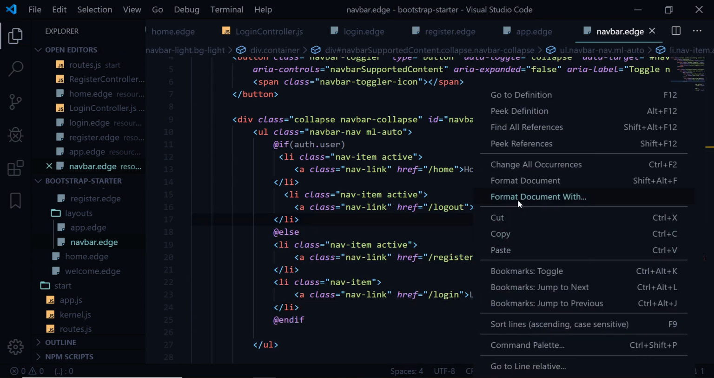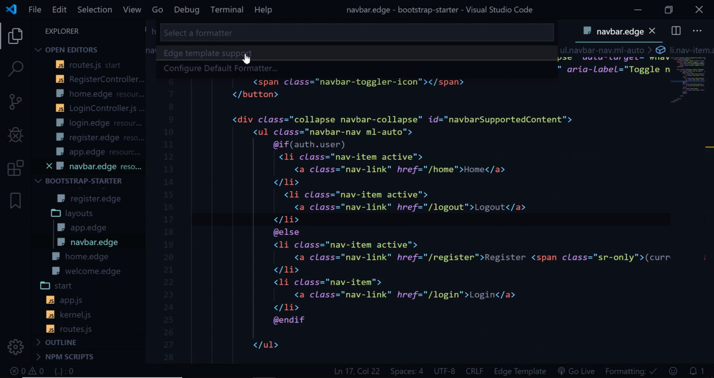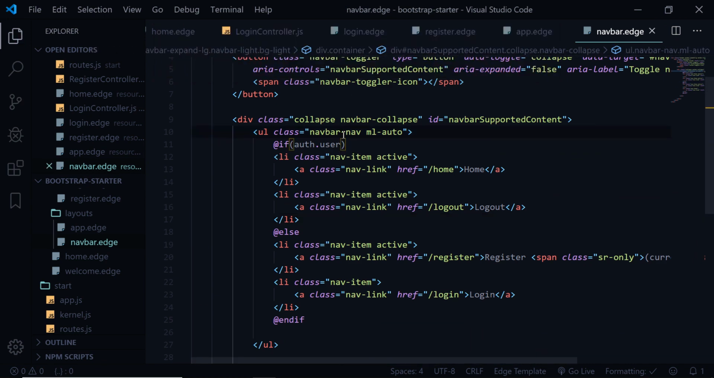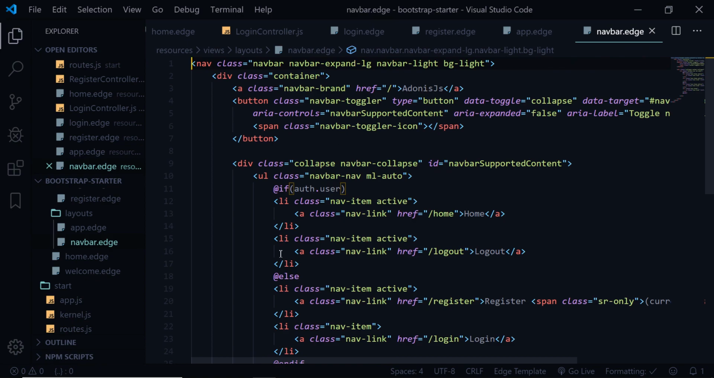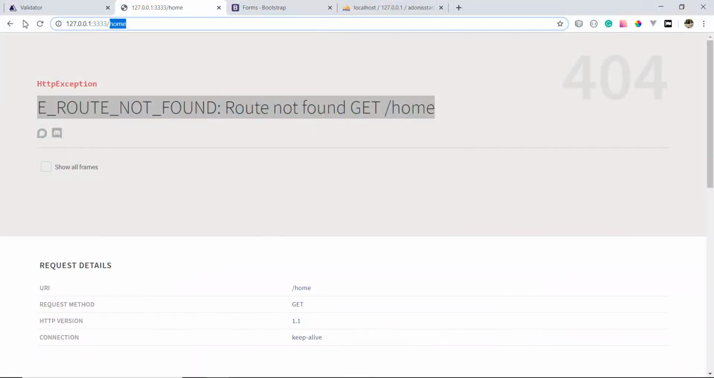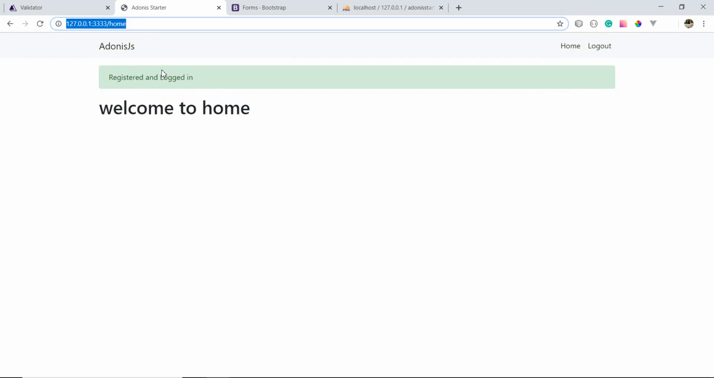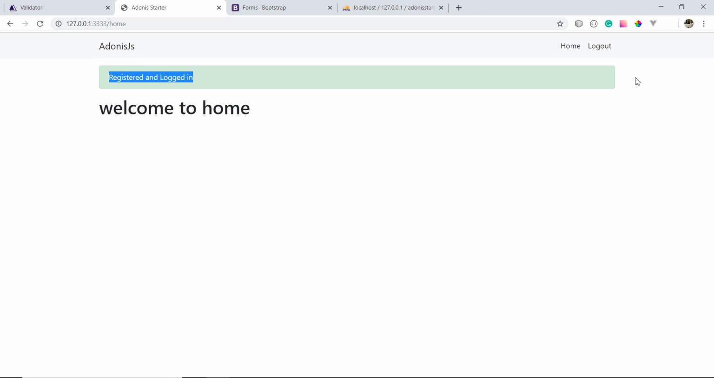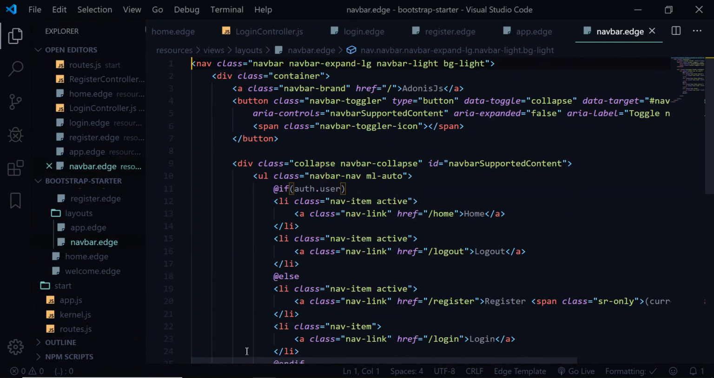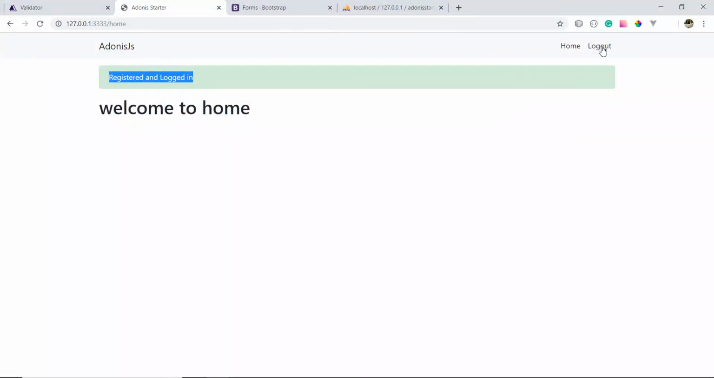Again, let's format it out. Cool. Now if we go ahead and refresh here, registered and logged in, right? The old flash message shows home and logout instead of registered and logged in, login. One thing I want to do is let's create that logout